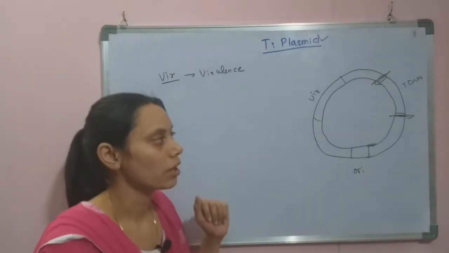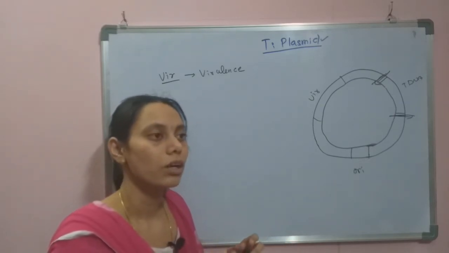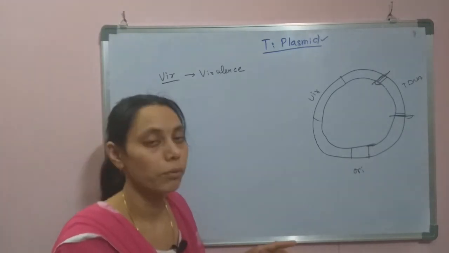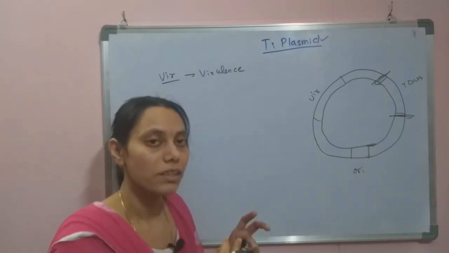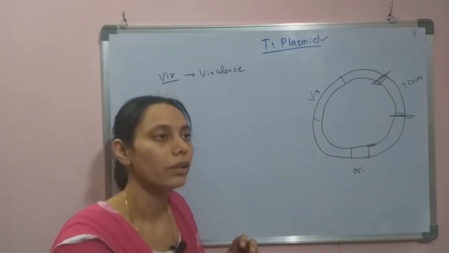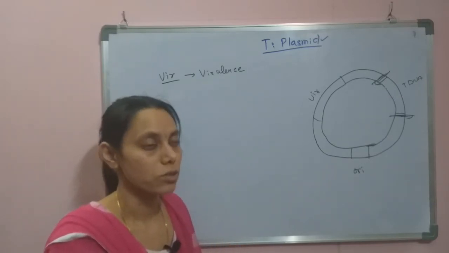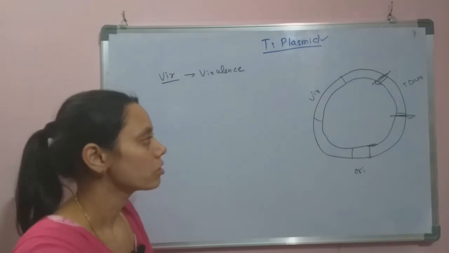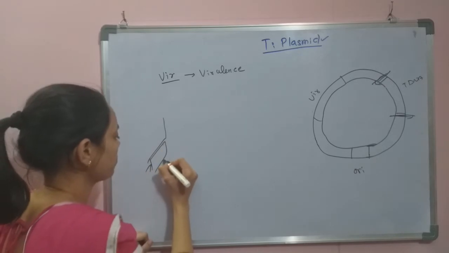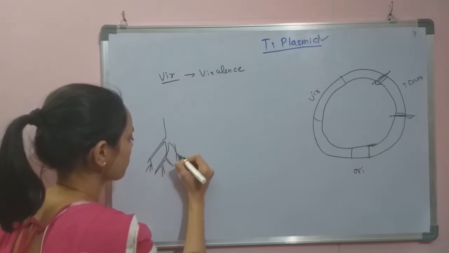That means how the bacteria is able to sense the presence of the plant and move towards the plant, how the tDNA cutting happens, how it comes out of the bacteria, how it goes inside the plant tissues, and how the tDNA gets inserted into the plant genome. So that is the whole process of infection. Generally, the plant root system will release certain compounds, phenolic compounds.